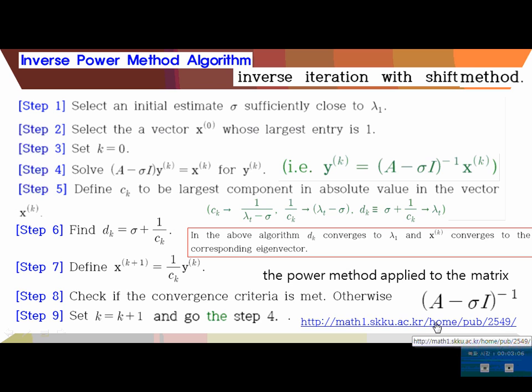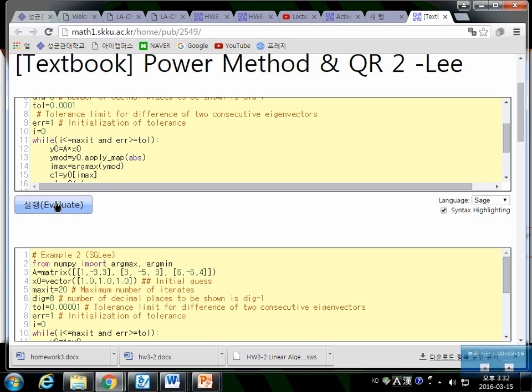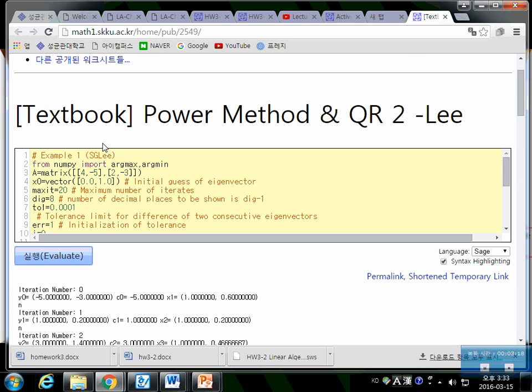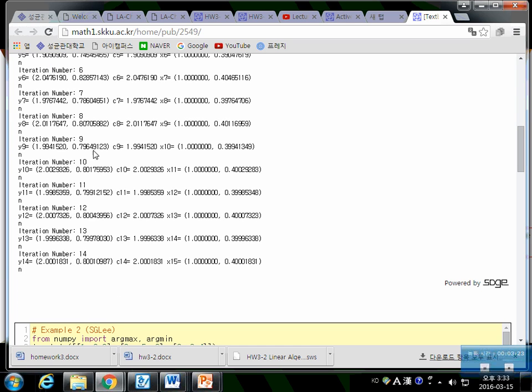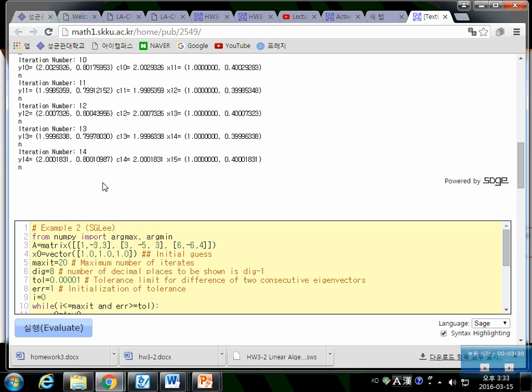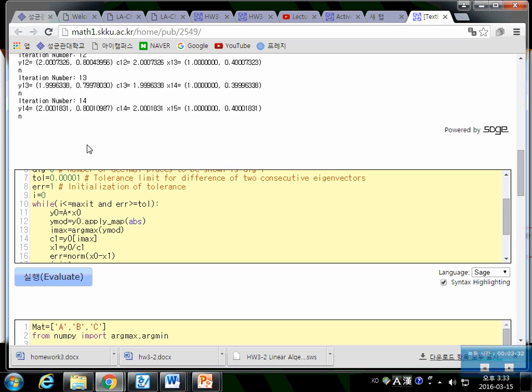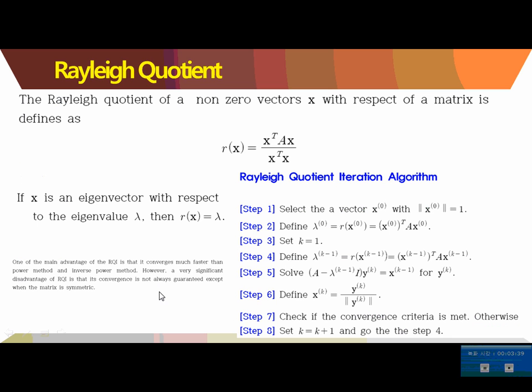And I also made a new home page of it, power method in QR, and here, this shows that this iteration works properly, and after a certain power, usually between the 10th and 15th power, it converges. The algorithm gives us the answer that we were looking for. Anyway, this is a review.